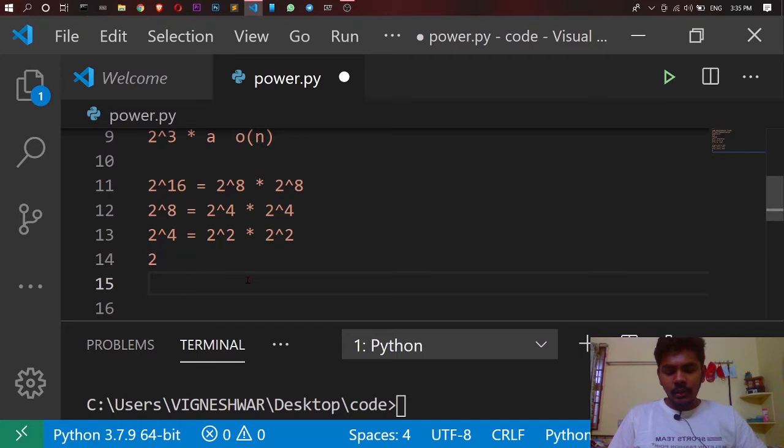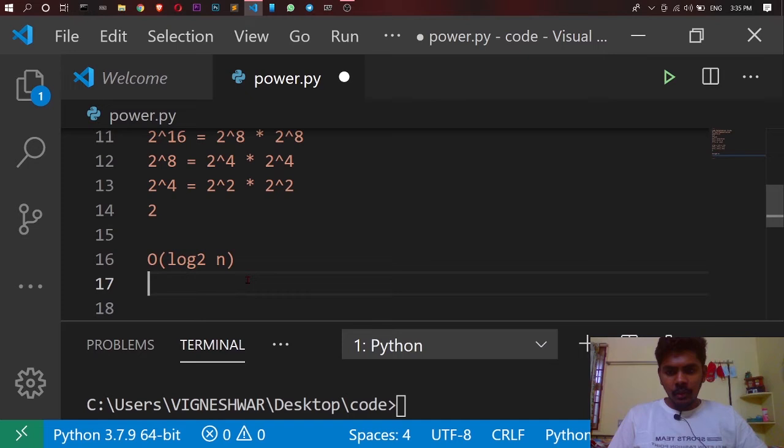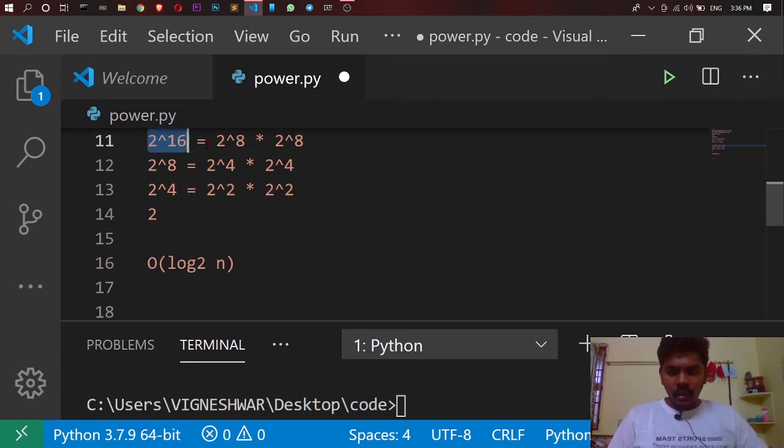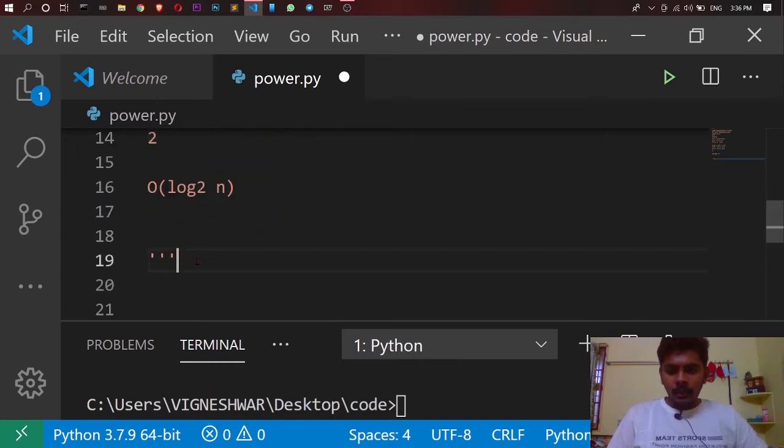By this way you can solve this question in order of log n to the base 2 time. I hope you understand this point and it makes sense for you. If you understand this concept, you can actually code this out. So now let's try to code this out.